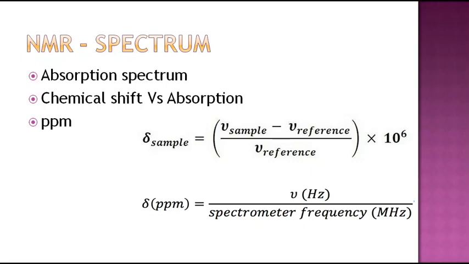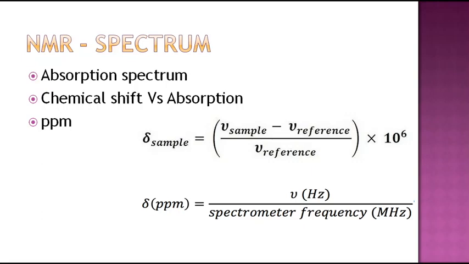I have finished the theory, because there is more calculation involved, more physics involved, more magnetism involved, and several other things. But since we are discussing only the structure, I have given a few principles. Let us see the NMR spectrum, because that is the main aim of the workshop, right?